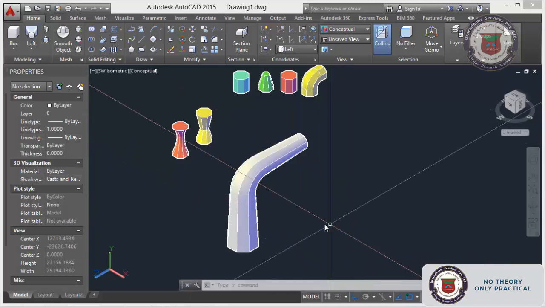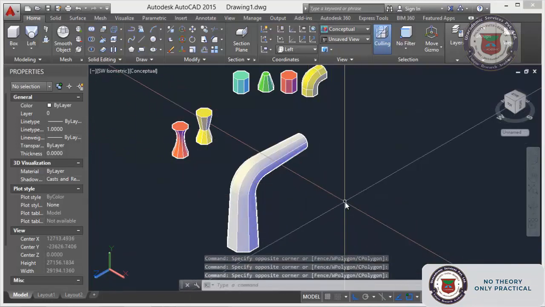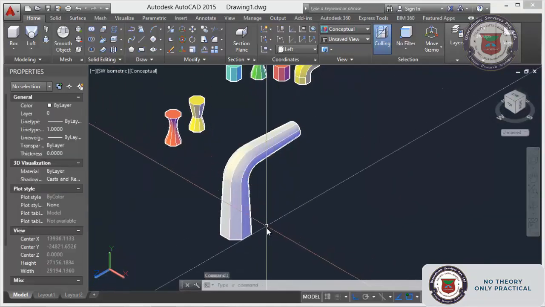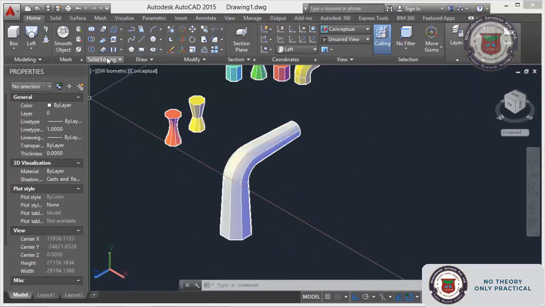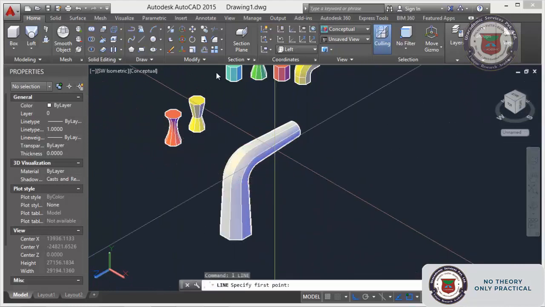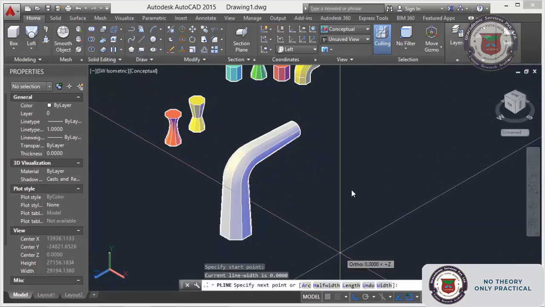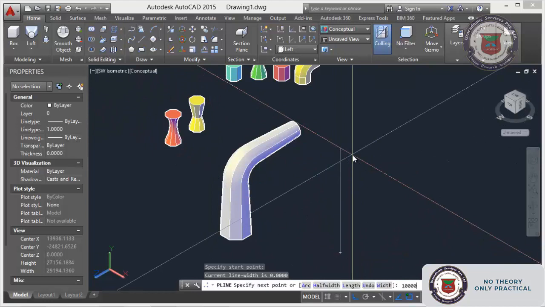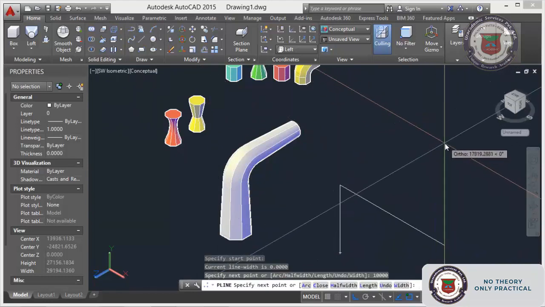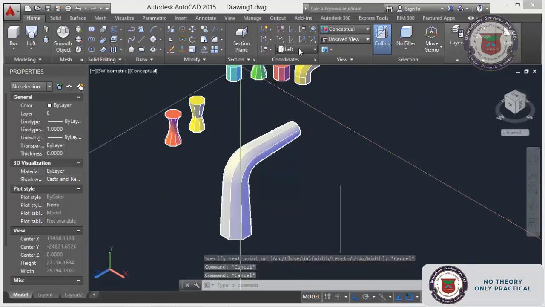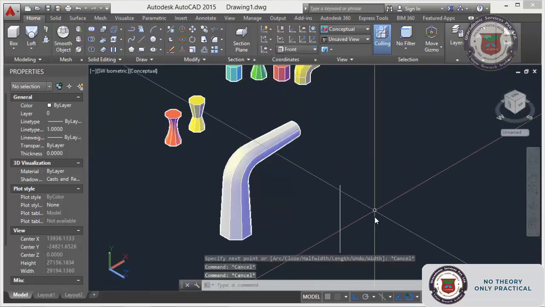Next, what we will do next is guide. We will do undo, okay, not an issue. We will make another one for path. So for that I will make the polyline 10 meter. I will go for front view.